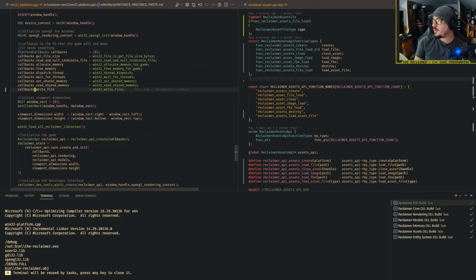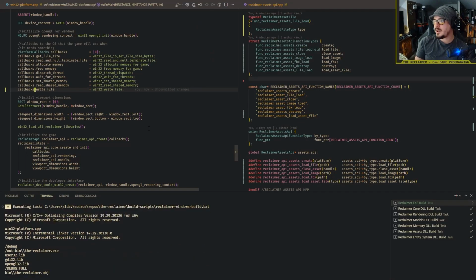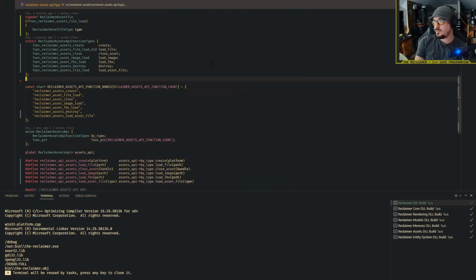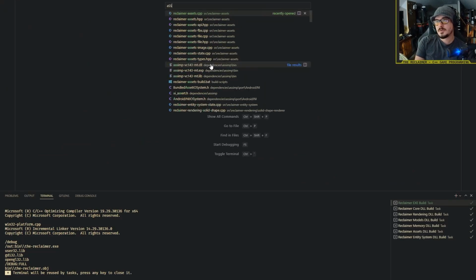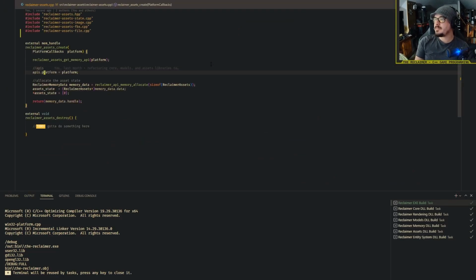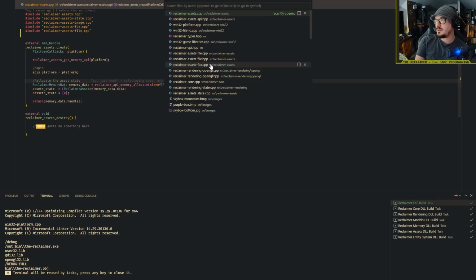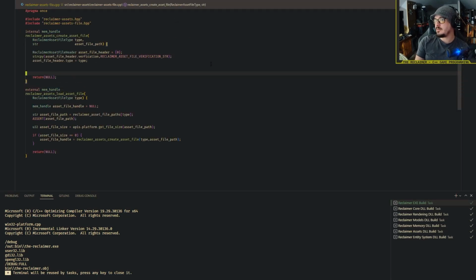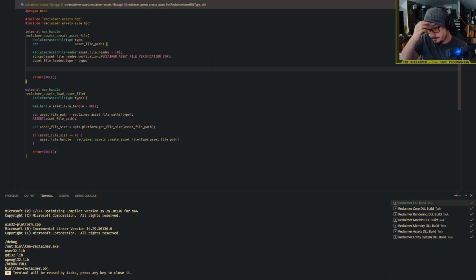Okay, so we should have our pointer to write file now, and what we want to do is go back to assets.cpp, and we're in the asset header, asset file.cpp, and then we're just going to write that to the file. So what we can do is